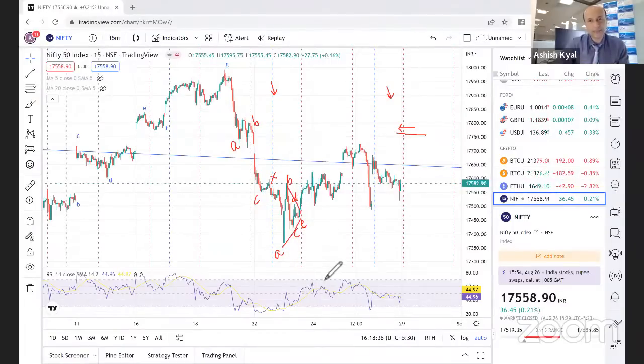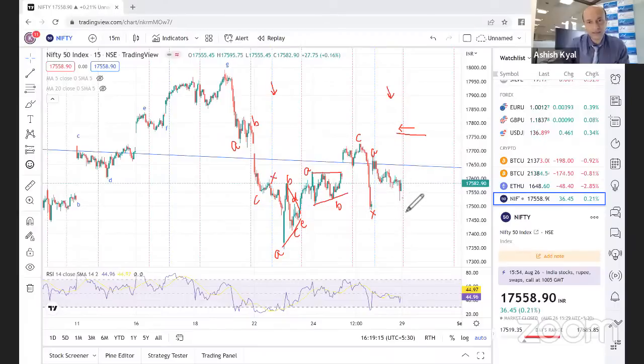After this entire pattern is complete, we are seeing an upward thrust. In this upward thrust, A is done, an irregular flat-like pattern formed as B, and from here we completed the C leg. Post this we got a fall in the form of wave X, and after this we again saw a gap up opening which looks like wave A. As of now, this is a fall, slowly, steadily we are trying to go there.